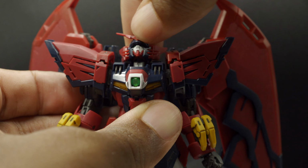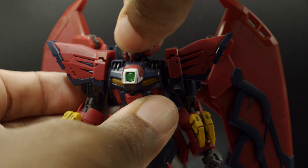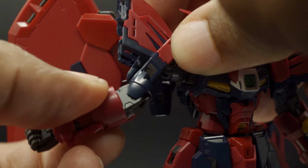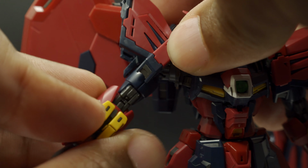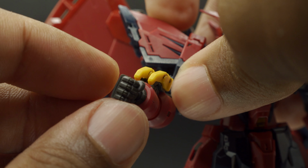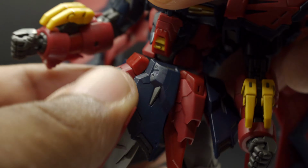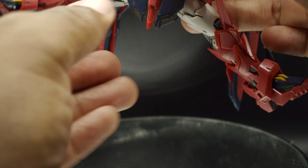As we always do, we start with the head. The head is on a double ball joint and can move 360, absolutely no problem. The shoulders have a hinge mechanism, but you can also move out the arms and go 360 degrees. The wings will work for you, no problem. Arm, you're going to get a swivel on the bicep and on the shoulder joint as well. You're going to get the typical double jointed knee. Hands are changeable, and they're going to have some ball joints and move back and forth. Waist, surprisingly for the wingspan and what it has to maneuver, can move pretty well, though it has a tendency to pop out from time to time. Legs can go outward very well. It has like a two-joint mechanism in it with the hinge in the hips as well as the joint itself,